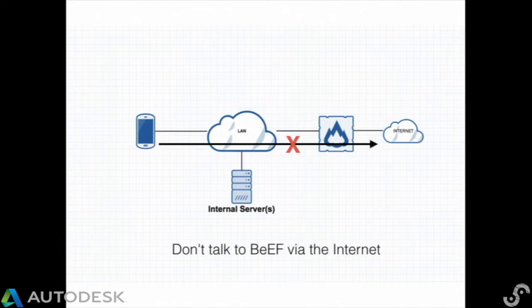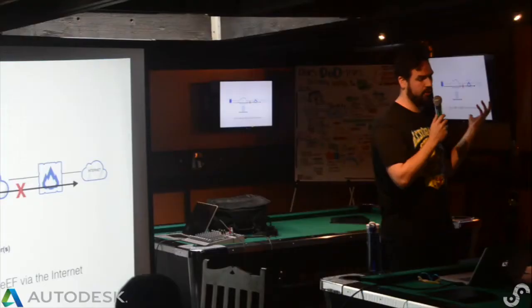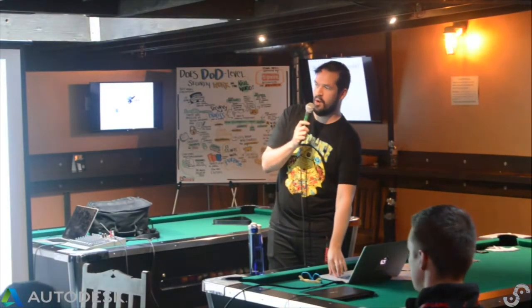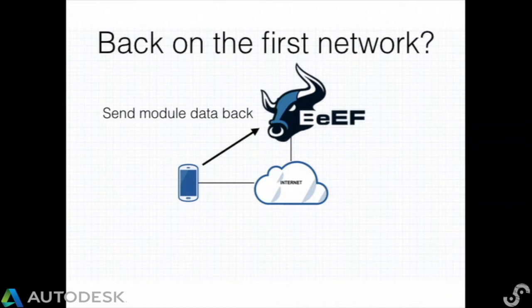So it's not going to be talking to the Beef server, your IR guys aren't going to see that someone's talking to a Beef server, so they're not going to detect that anything's going on. And nine times out of ten, the Beef payload itself will never be detected by antivirus anyway, so good luck. Anyway, if we return back to the home network, we basically dump our data back to Beef.